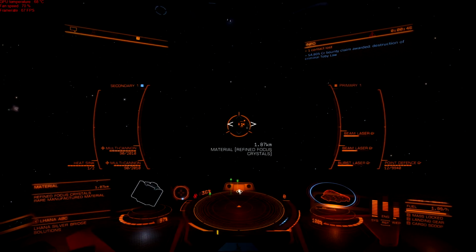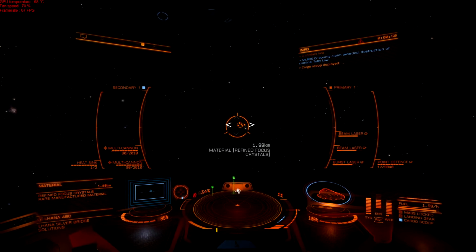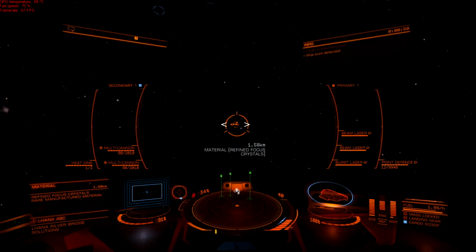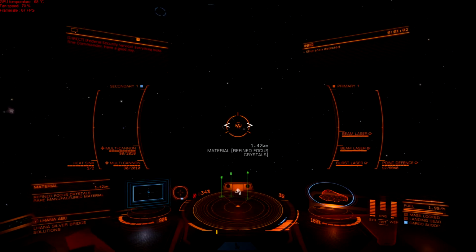And of course, you get to pick up some materials on the way out, which is a good idea. I've been collecting materials everywhere I go, but I'm pretty much down to just picking up the rare stuff. I have no idea what any of this stuff is for. I haven't done any of these upgrades at all. I've been to one of the engineers one time,